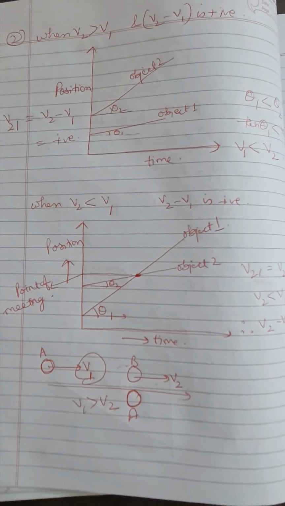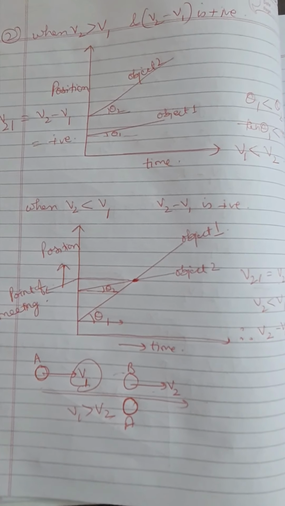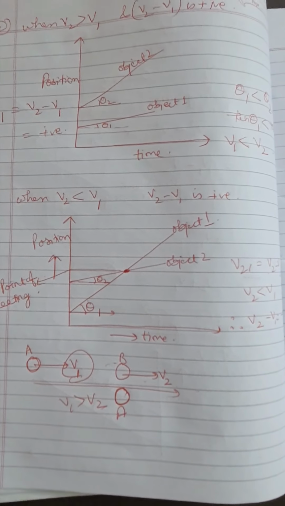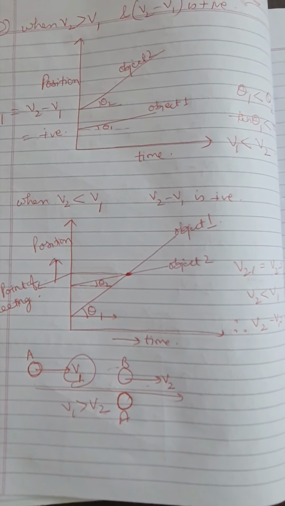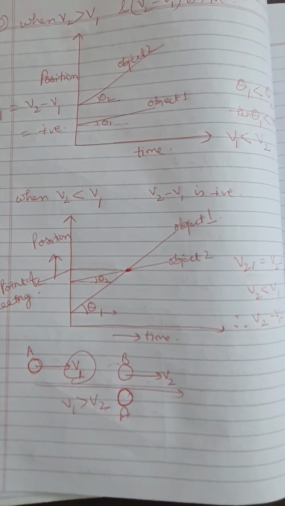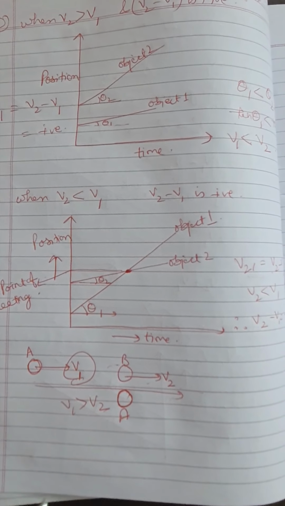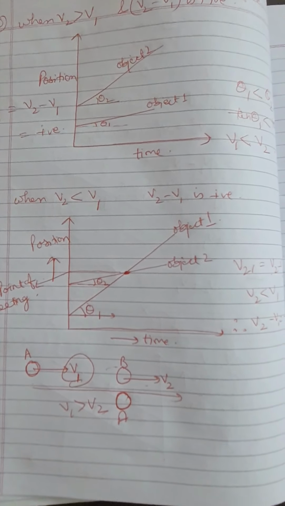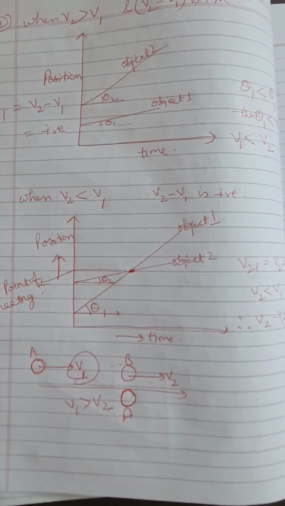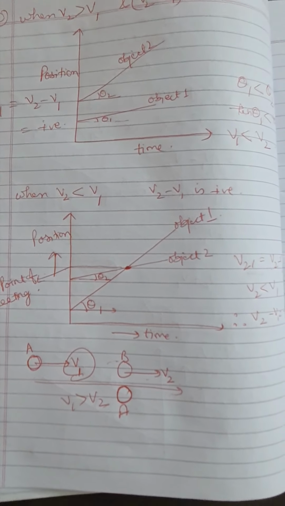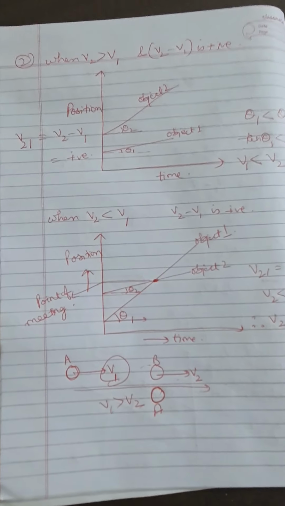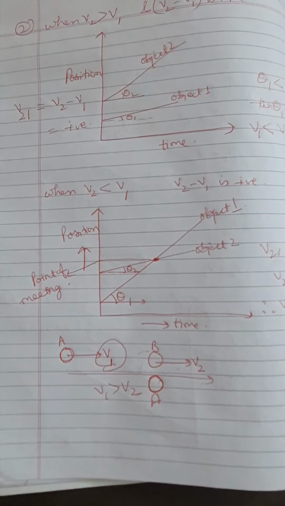Students, next topic, determination of relative velocity when two objects are at an angle with each other. This topic we will discuss in the next chapter, because you don't know about vector quantities and their related formulas. So we will discuss this topic in the next chapter. Your chapter number 3 is over here.